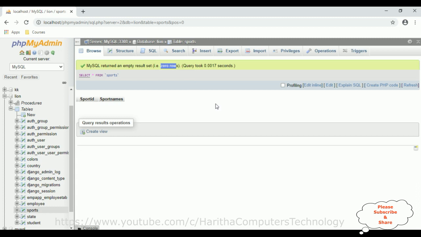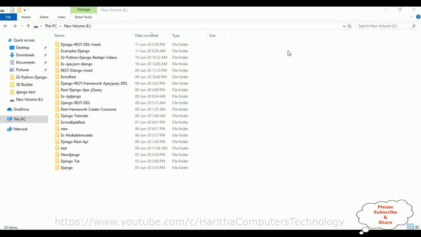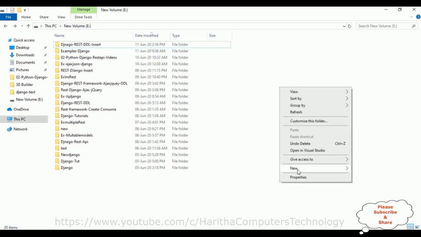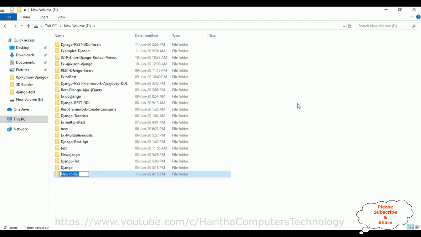Now my aim is to insert the multiple selected checkbox values into this sports table using Django Rest framework with jQuery functionality. So let's create a new Django web application. Before that, first we'll create a new folder. So I'm creating a new folder in this E volume. Right click the mouse, new and select folder. The folder name is Rest insert